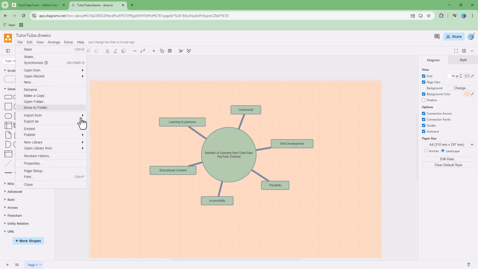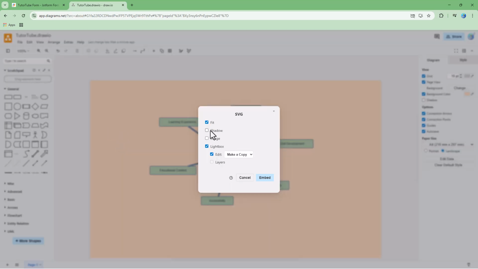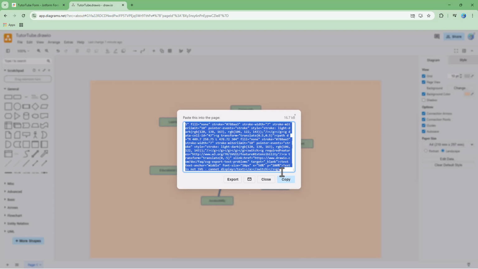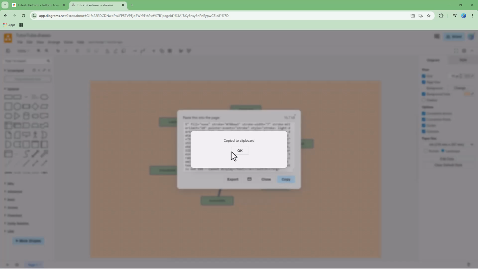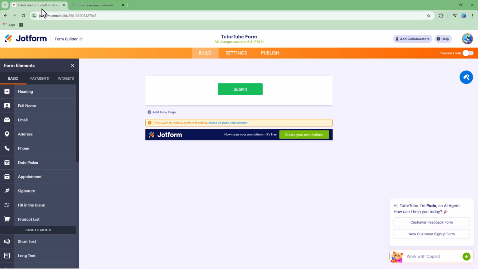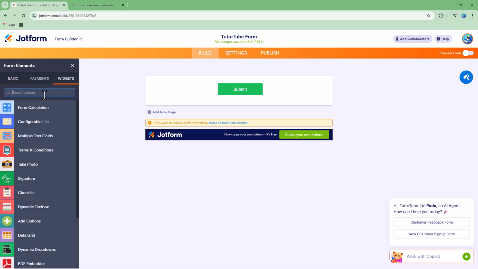File menu, and then go to Embed right here and select SVG. You can choose whatever you want, like shadow and image as well right here. And I'm going to click on Embed right here and then copy out the embed code. So once I do that, over here in Jotform, I can go to widgets and then type in